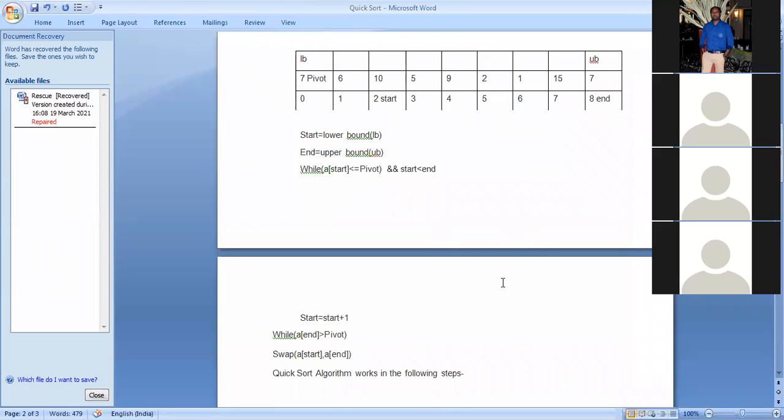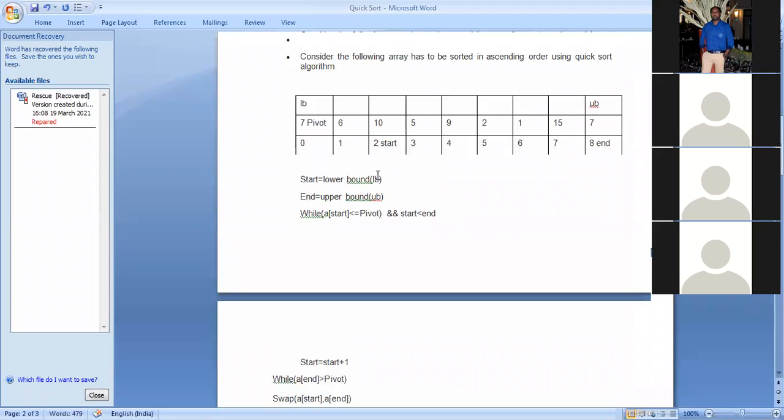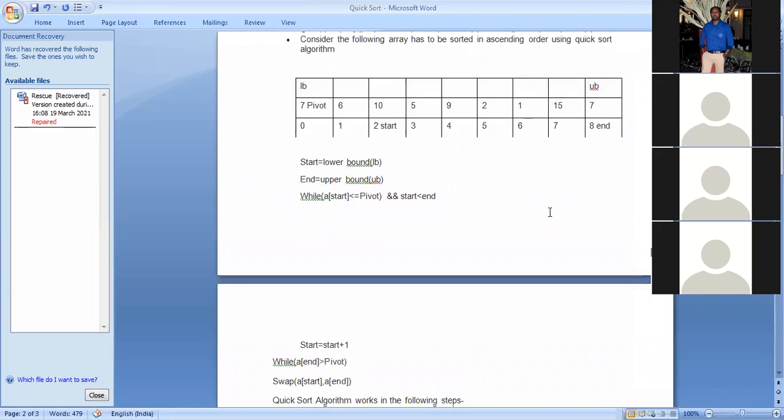Okay. So first of all, what condition did we check? First of all we check A[start] is less than or equal to pivot. So when the condition is false, then we'll stop here. After that, we'll check while A[end] is greater than pivot. Again, when the condition is false, then we'll stop.